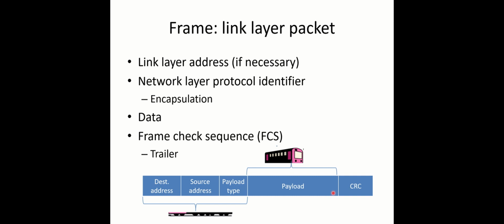In case of shared medium like Ethernet, MAC addresses will appear in the header of a link layer frame. As you can see, there are two MAC addresses, one from the sender and the other one for the receiver. And there is this payload which carries the IP datagram. Remember the cabin from that Trans-Siberian Railroad example.